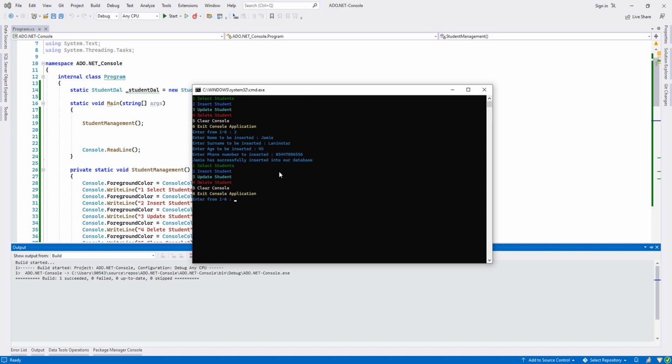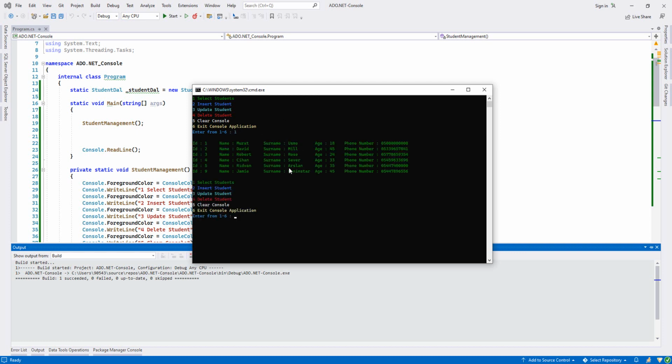As you see, Jamie is successfully inserted. Let's first clean it and just list it. See that there is Jamie also here. Now let's update. I will press 3,